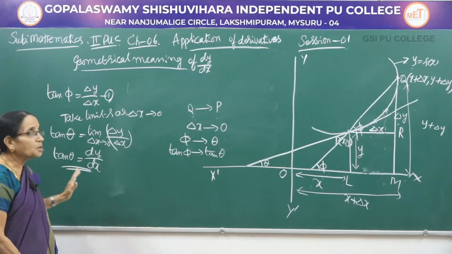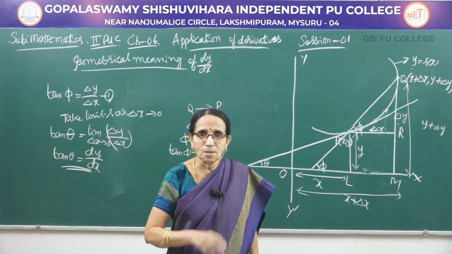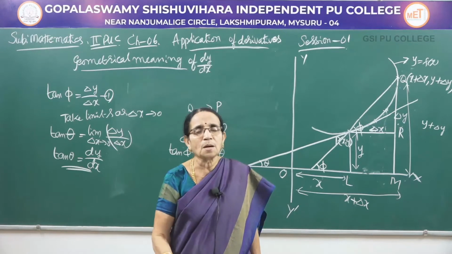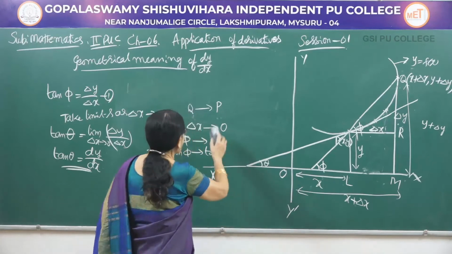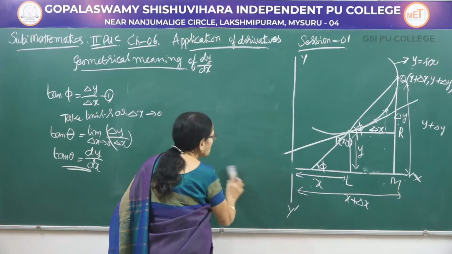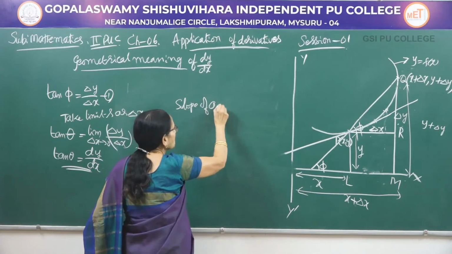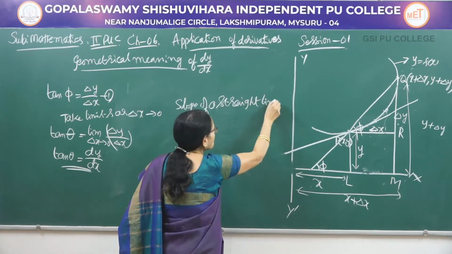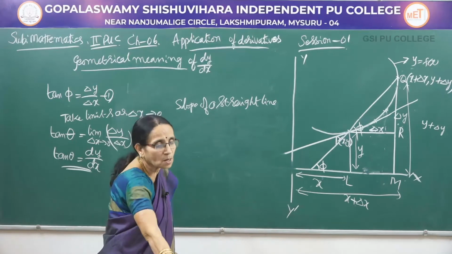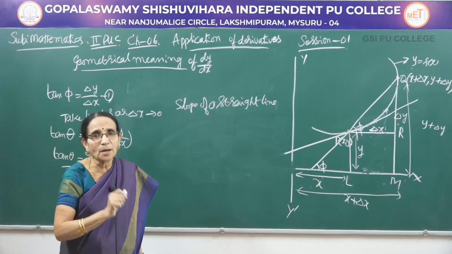Now let us know what we mean by tan theta. Again we go to analytical geometry. In first year PUC, you have studied about straight lines, isn't it? In that, we have learnt a definition: the slope of a straight line. For slope, there is another word called gradient. Slope or gradient of a straight line. What do you mean by slope? How do you define that?